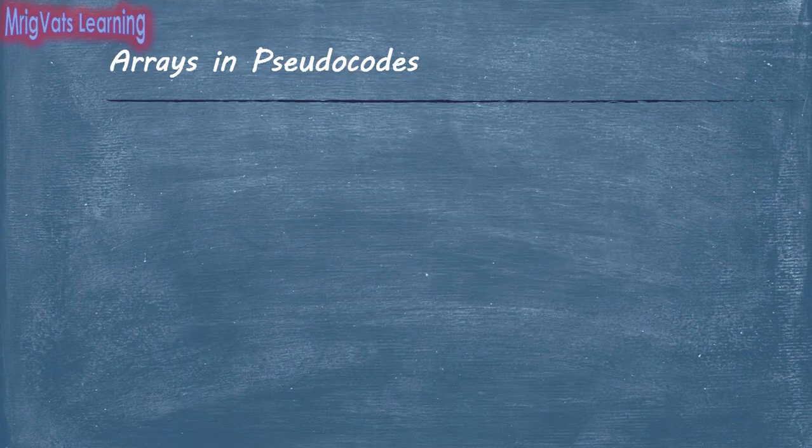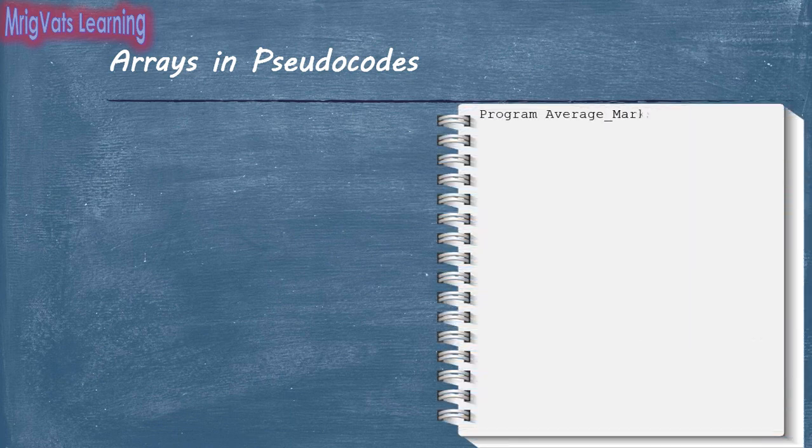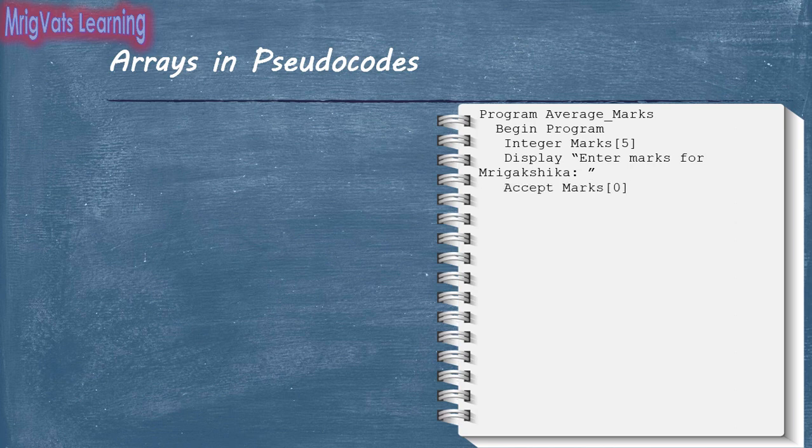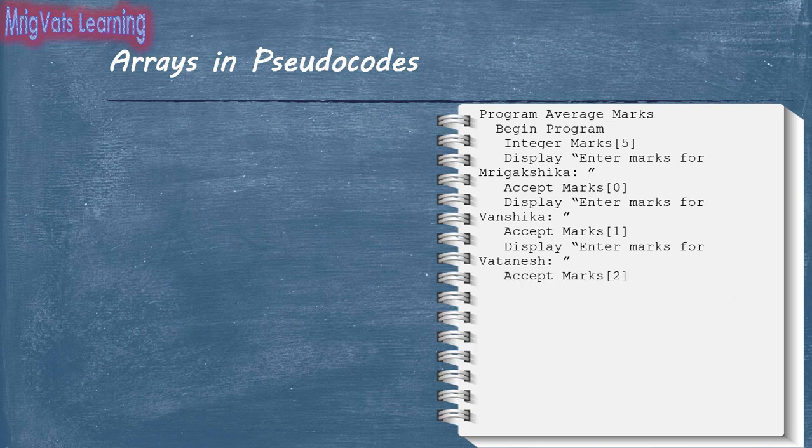For example, to accept marks for 5 students and display the average marks of the 5, write the program on the scripting area. Program average marks. Begin program, integer marks[5], display enter marks for Mrigakshika, accept marks[0], display enter marks for Vanshika, accept marks[1], display enter marks for Vatnesh, accept marks[2], display enter marks for Avyan, accept marks[3], display enter marks